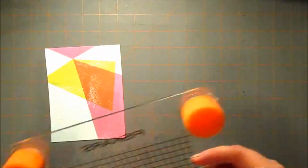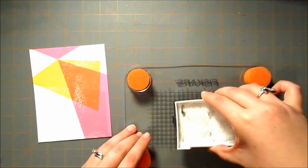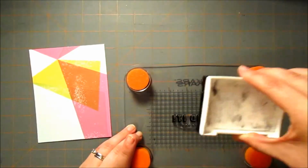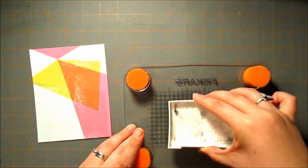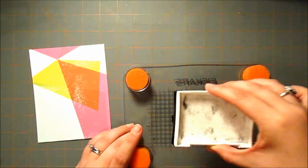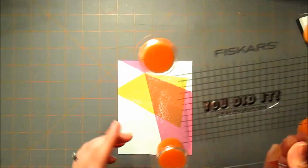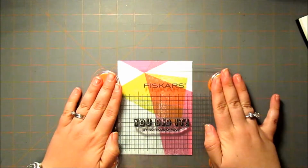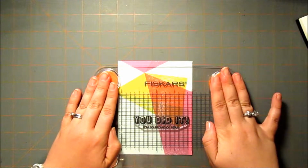I've mounted my sentiment on my stamp press. It says, "You did it. I'm so proud of you." I'm going to ink it up with some VersaFine Onyx Black ink. And I always like to make sure that there's a lot of ink on there so I don't have to re-stamp it. I'll just flip that over and I'll press it down onto the bottom-ish right corner of my card